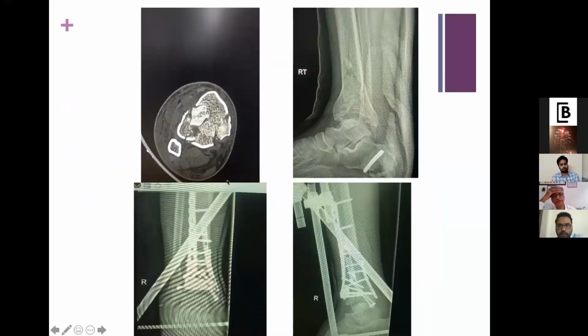Yes. So in this, you can see there is a fracture in the transverse plane, that is the coronal plane, and there is a fracture in the sagittal plane. As you see, there's an external fixator in place that gives a very good distraction, and it helps to know whether the articular congruity can be maintained or not. So keeping the fixator in place, I'll then approach posteriorly, sir, where you can see the fragments here. The posterolateral is also there, and the posteromedial is also there.